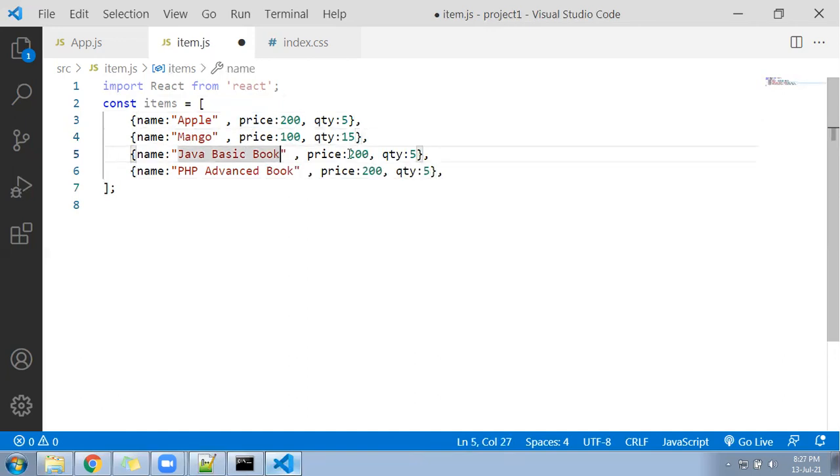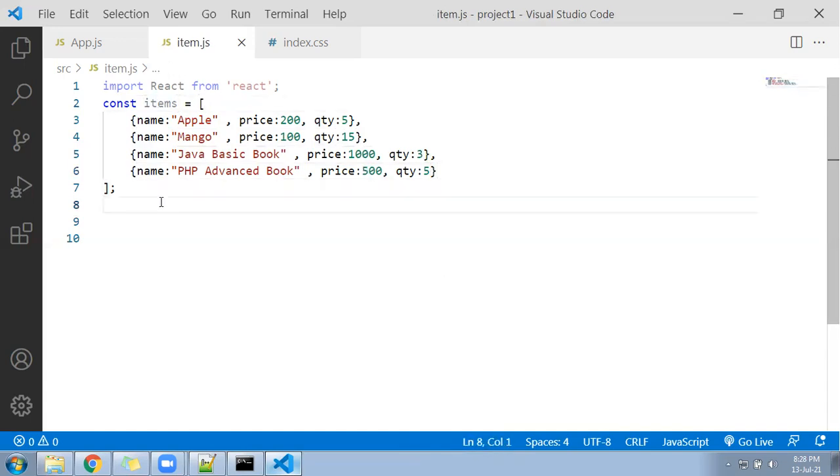Price for the basic Java book I'll give here called 1000 rupees, and then their quantity I'll keep here called 3. And the price for the advanced PHP book I'll give 500. Quantity let it be 5. So this array is ready. Last comma is not required. It's optional, it can be removed. So we got an array called items.